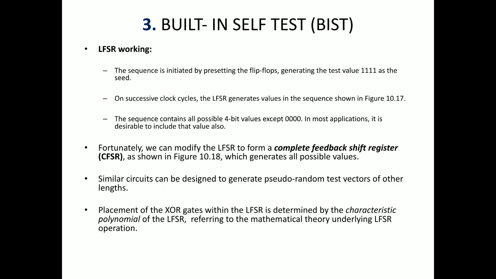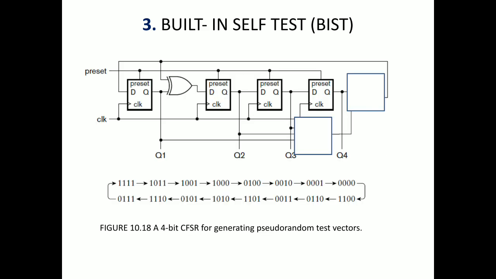The XOR is not placed randomly, it is based on the characteristic polynomial of the feedback shift register. And then, we were generating 16 combinations by modifying the LFSR, so that we have 0 0 0 0 to 1 1 1 1, but not in sequential order, rather in a pseudo random order. The sequences are not linear, not sequential. The combinations are pseudo random sequences. Don't write that the sequence goes 0, 1, 2, 3, 4 like that. The sequences are pseudo random.